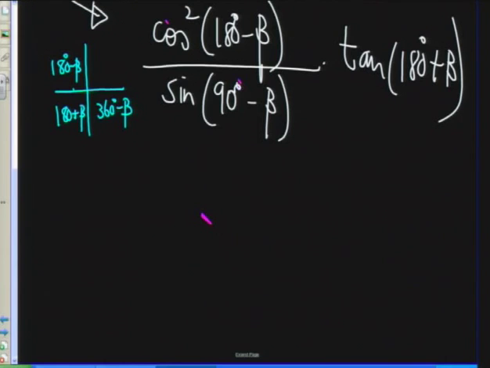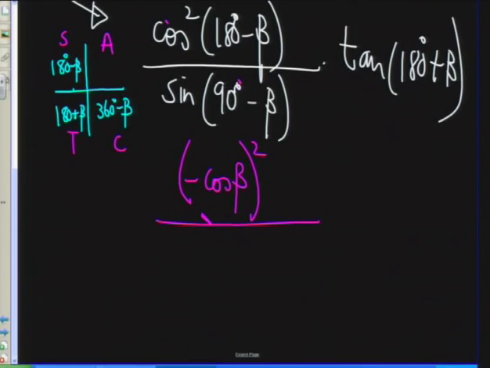So one thing we haven't put in is what ratios are happening. All are positive, sine is positive, tan is positive, and cos is positive. So we've got what we call the CAST rule. In this second quadrant, we have that cos is negative because sine is positive. So we've got a negative cos beta, but now they said we need to square it. So brackets around that, and that's going to be squared, divided by